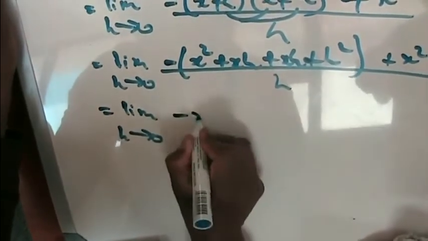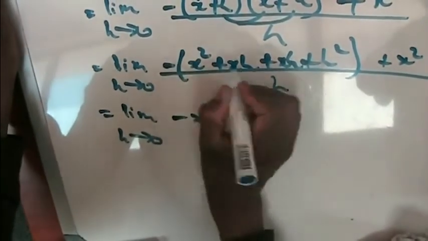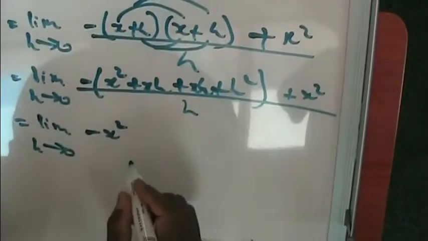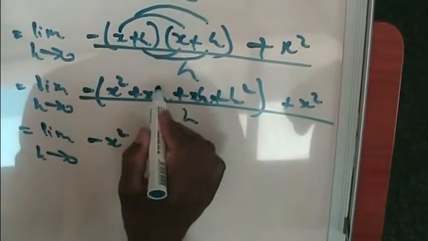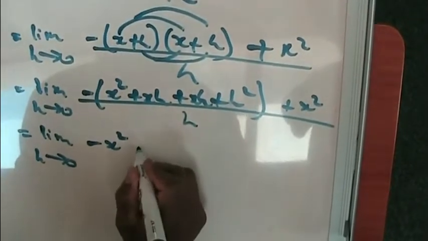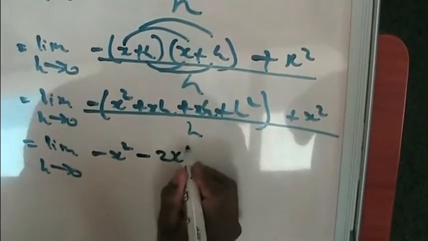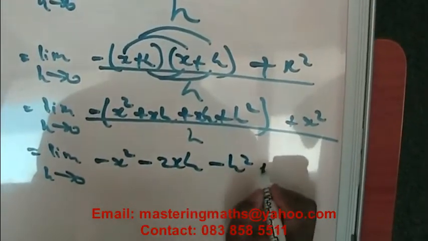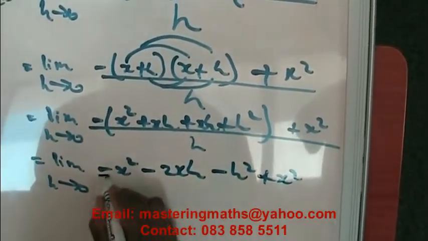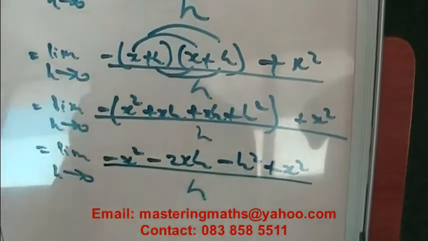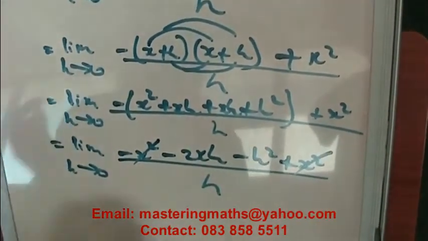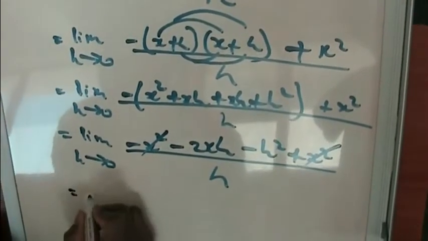We're going to remove this bracket: minus x squared, minus xh, minus. So this and this is 2 minus 2xh minus h squared plus x squared over h. Then add like terms, this and this, they cancel. We're left with